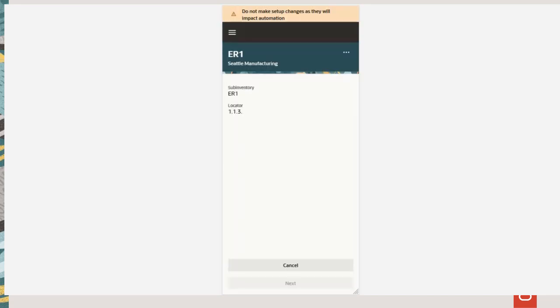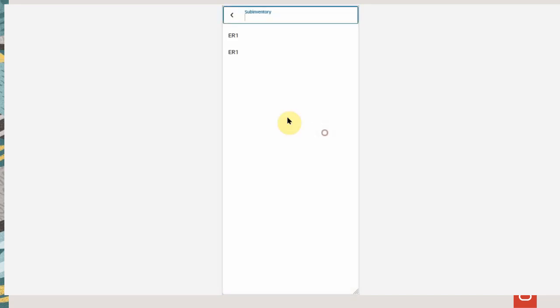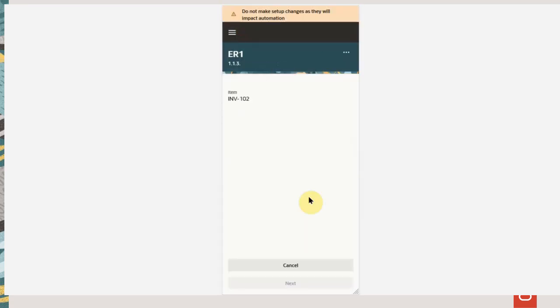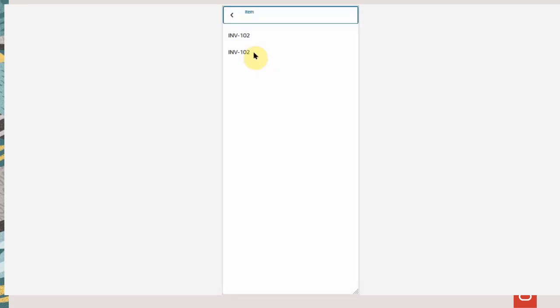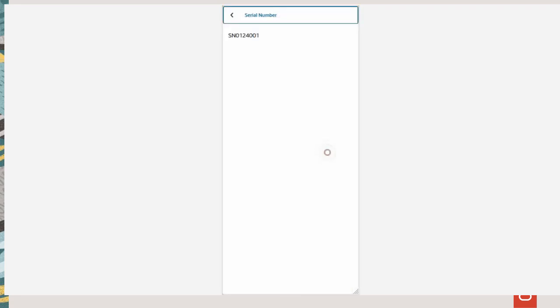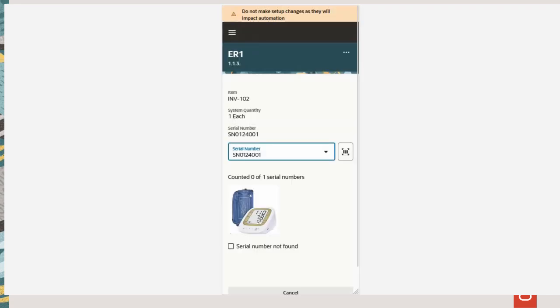So we'll click on the card, we'll pick the sub inventory and locator for the item. It says that there are these many serials which have to be counted. So you can pick your serial numbers from the list of values, and